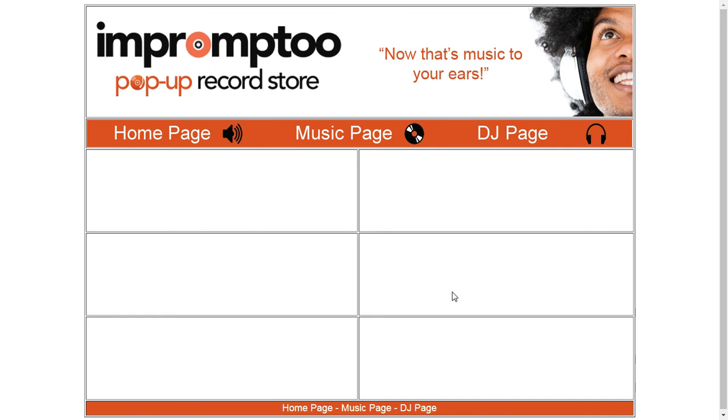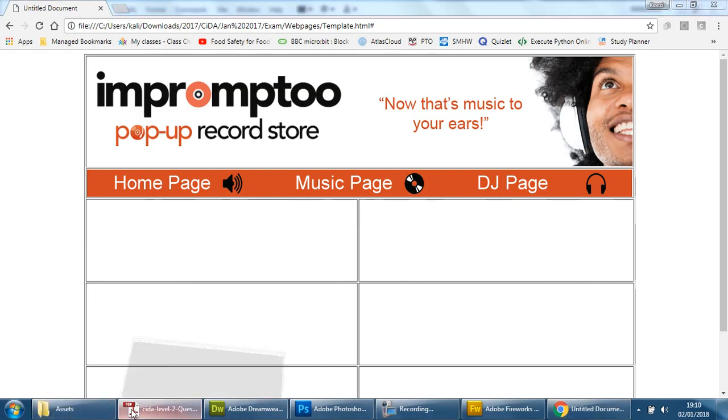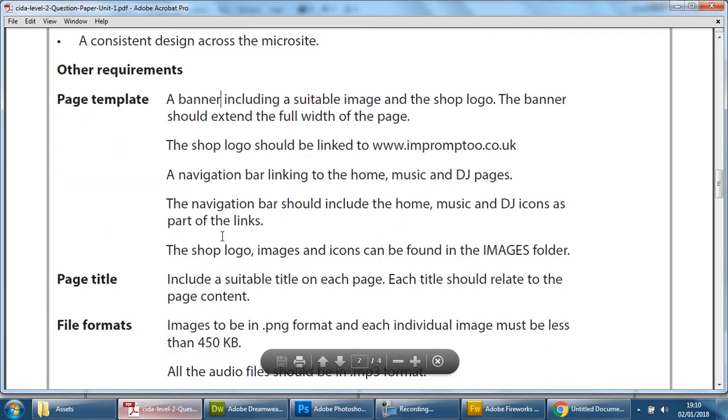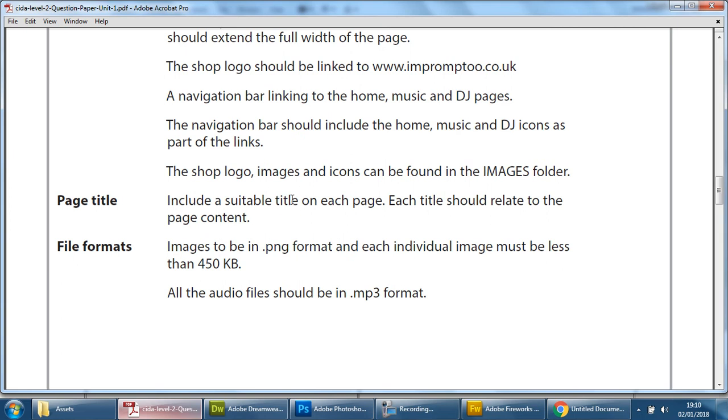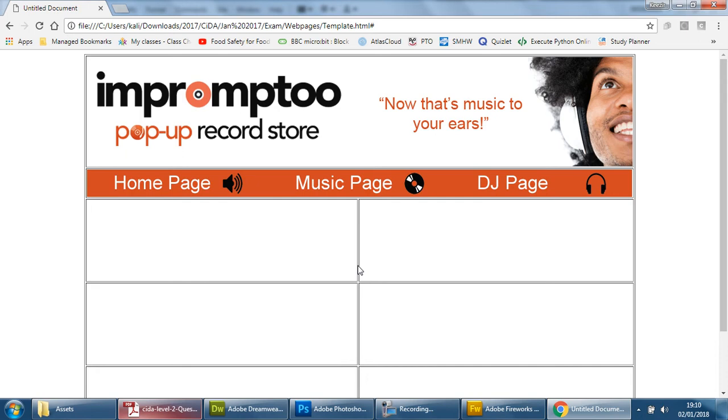So the next thing you need to do is basically format these cells here in the middle, and it says in the exam paper that we need to have suitable titles on each page, so we need to have a decent spot for that. So this is something of an oversight from my end. Now you could, if you wanted to, just type it in on each page there, and that would suffice, but it won't look as nice or as